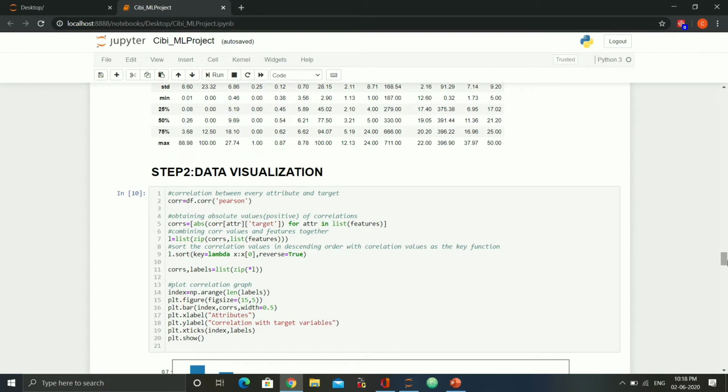When we say correlation is positive, it means that when the column increases, the target also increases. When we say correlation is negative, it means that when a particular variable decreases, the target variable also decreases.